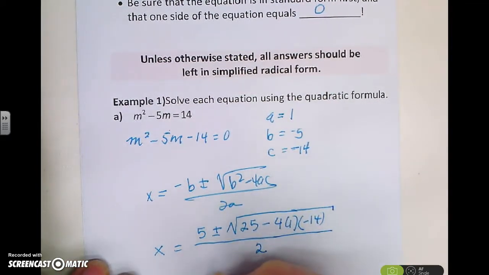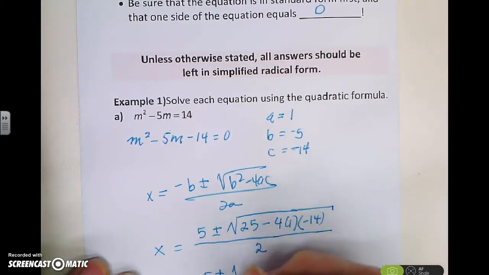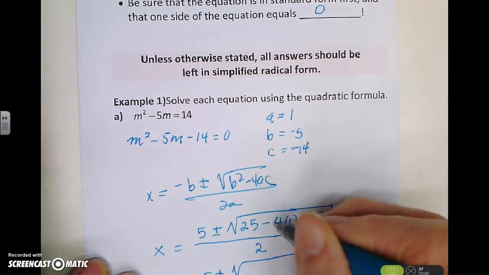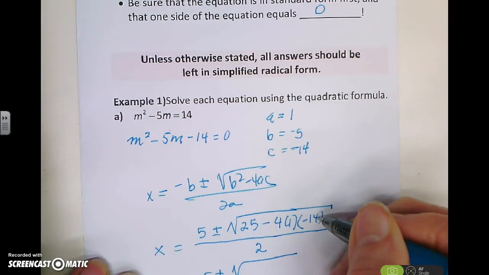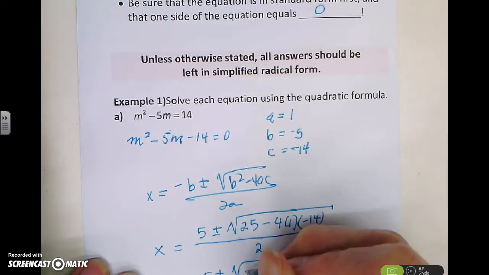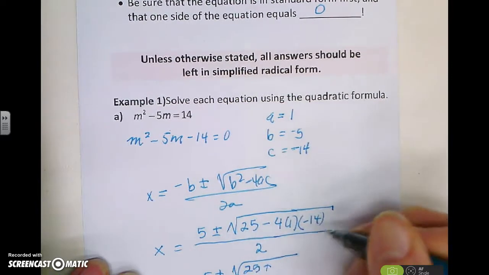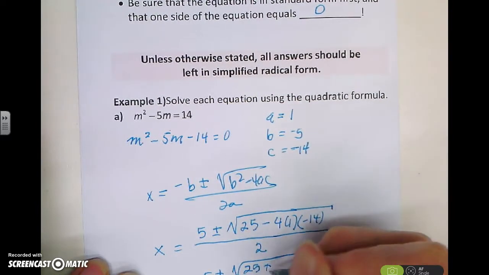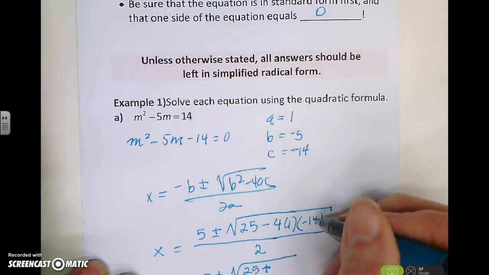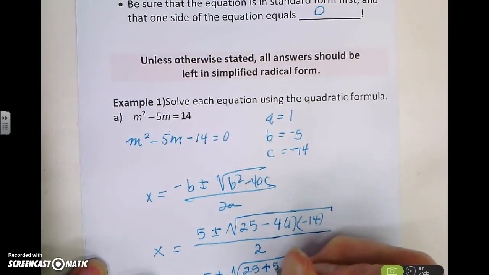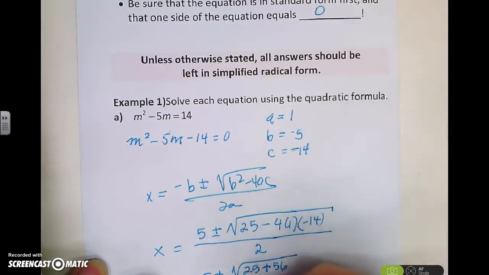So x is going to be equal to 5 plus or minus the square root of, so I'll need to multiply out 4 times 14. It's going to be positive, so there's going to be 25 plus, so make sure you watch out for that, plus, and that's going to be 6 carry 1, 56, all over 2. So x is going to be equal to 5 plus or minus the square root of, that's 11 carry 1, 3 and 5. Oh, that's 81 over 2.